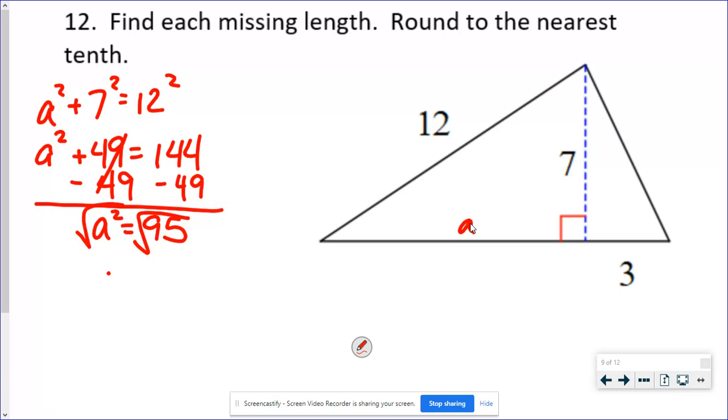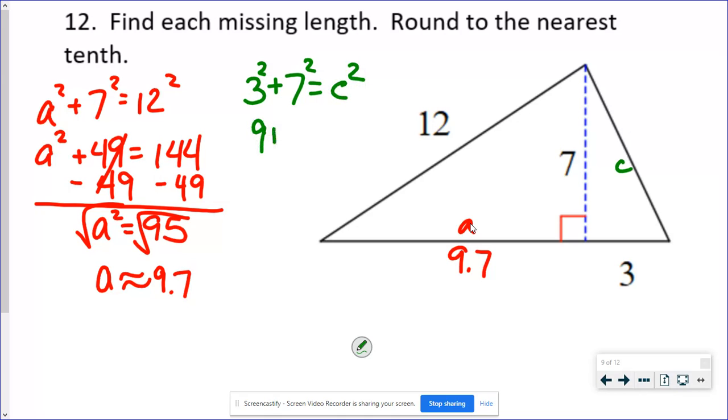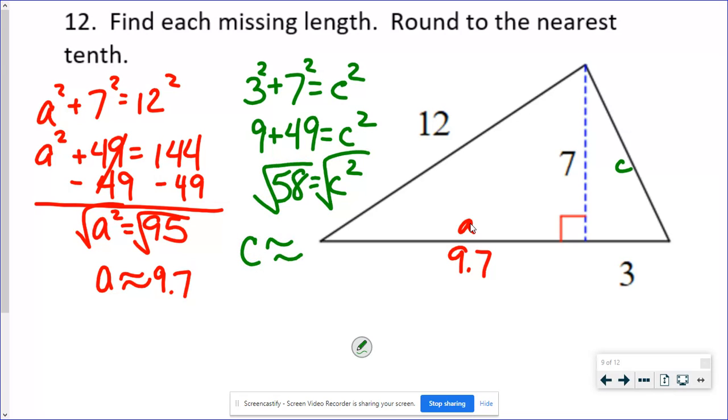I'm going to take the square root of that. It'll be a little bit less than 10, right? Because if that was 100, the square root would be 10. So this is going to be 9.7. And then to find the right side, which again is going to be a hypotenuse in this one, I've got 3 and 7 for my legs. So 9 plus 49, which is going to be 58, and square roots. That's about